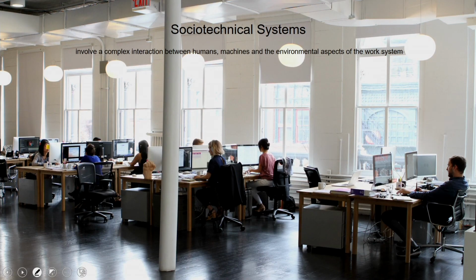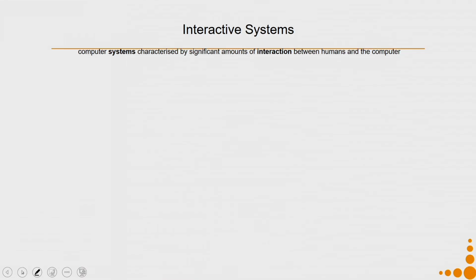Say, for example, any office environment that you take up will be composed of human elements. It will have different types of machines. If it's a manufacturing unit, it will have manufacturing machines. It will always have some computers and network devices and so on, printers. So there are different types of machines, and there will be a lot of environmental aspects of the work system. There will be a lot of rules and structures which help these interactions to happen. All of them together make the socio-technical system.